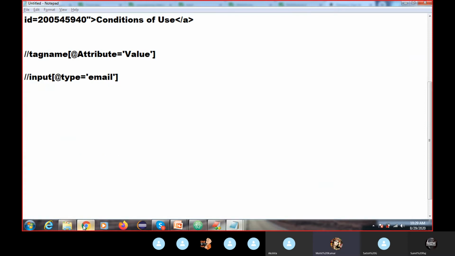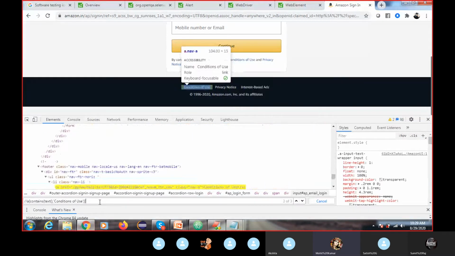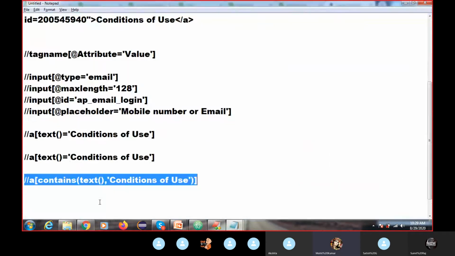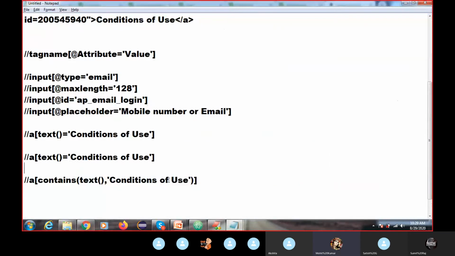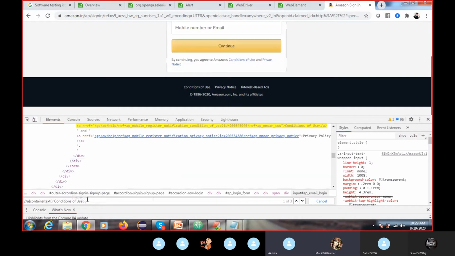Tell me, what is the difference between the contains function and the text function? First difference I will tell you. Or remove this space. Yes, space. When there is space. I did not understand.